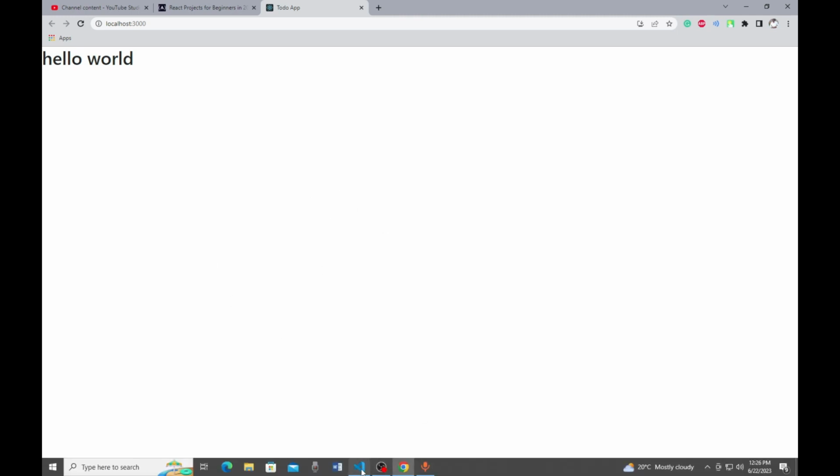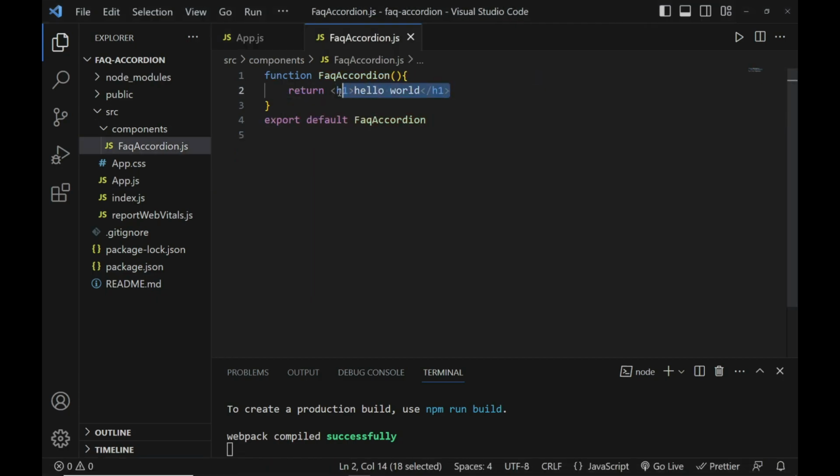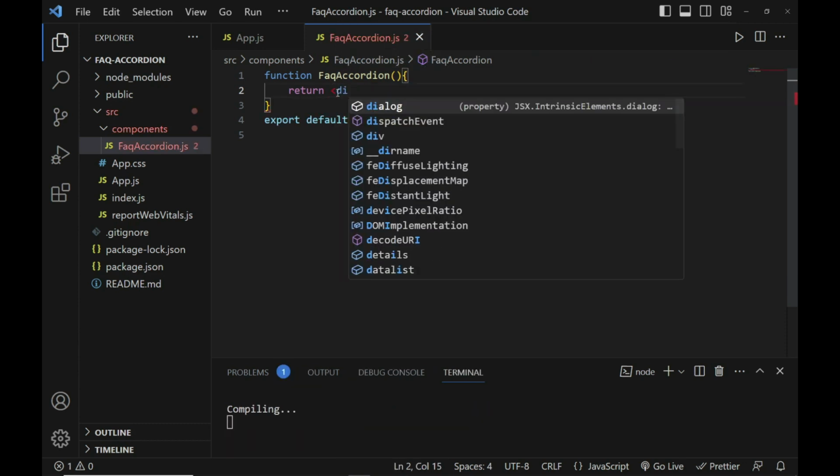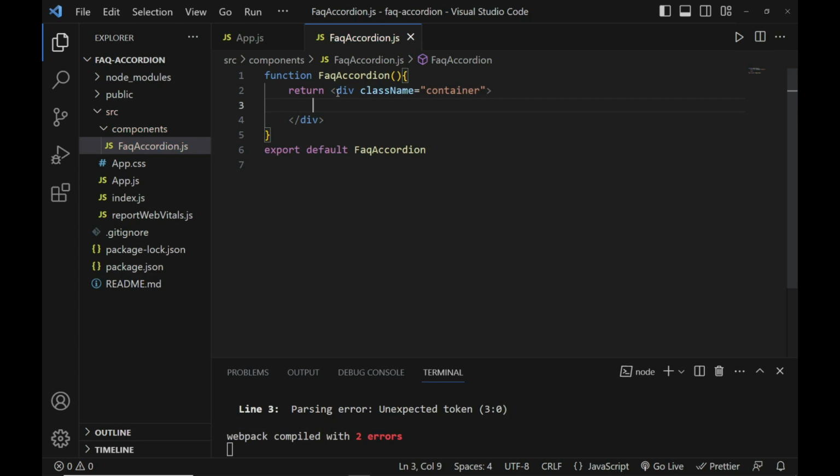Now what I want is a div element, and it should be positioned in the center. So instead of this, I'm going to write a div with a class name of container. This will be our main div. Like so. And inside the div we are going to have